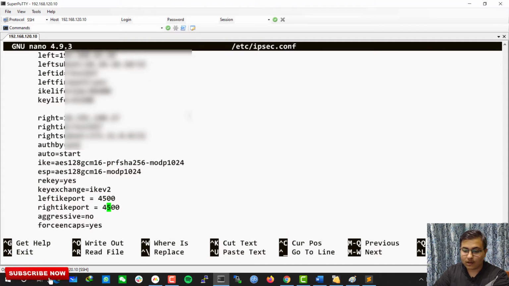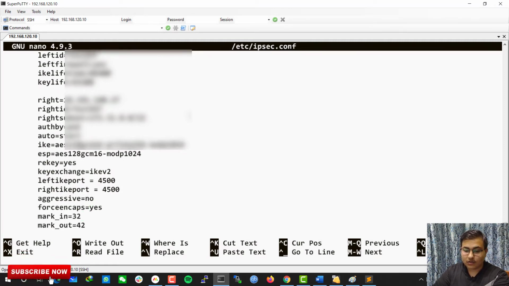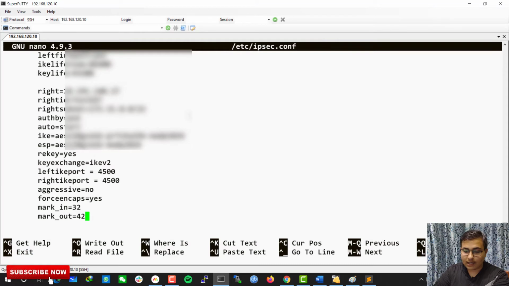This is for NAT traversal. If your router is behind some other router, you need to add these two lines, and force encapsulation is yes. So this is mark in, mark out, I will explain it later. Just remember these two parameters.